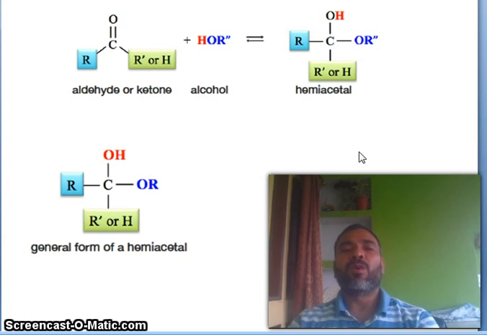So what is a hemiacetal and what is an acetal? This carbon contains OR and OH. This is the general formula of a hemiacetal. The carbon which contains OR and OH, we call hemiacetal, and if it becomes OR and OR, it becomes an acetal. How is it prepared? Simply, if we have an aldehyde or ketone, it reacts with alcohol and forms a hemiacetal.